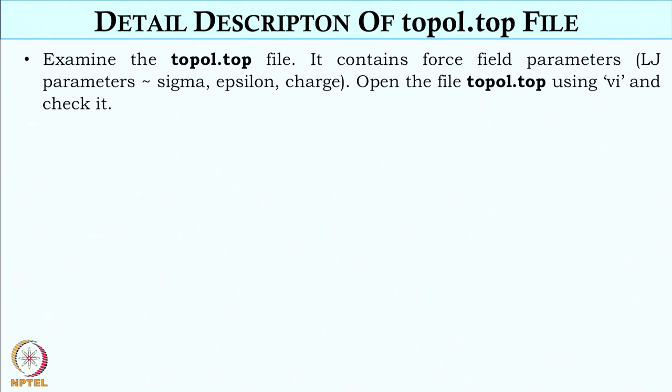So all these are from the GROMOS force field? No, these are from the OPLS force field. When we install GROMACS, there is a top folder that is installed automatically after successful installation of GROMACS. In that top folder, we'll have all the force field parameters, Lennard-Jones parameters, sigma, epsilon, charge. There'll be a folder for each force field. Like for OPLS force field, there is a separate directory. For the Amber force field, there is a directory. For the CHARMM force field, there is a directory. For GROMOS, there is a directory.